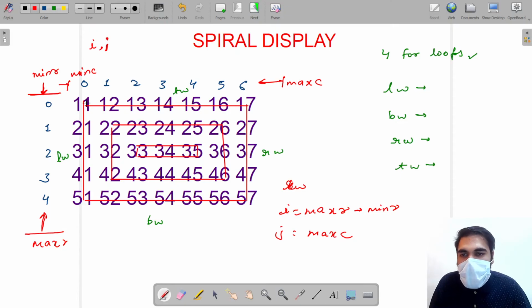But we need to manage the corner cases, because every time you traverse in this direction, you will print 51 two times, first in the left wall and second in the bottom wall. Similarly, you will be printing 57 two times, first in the bottom wall and then in the right wall.